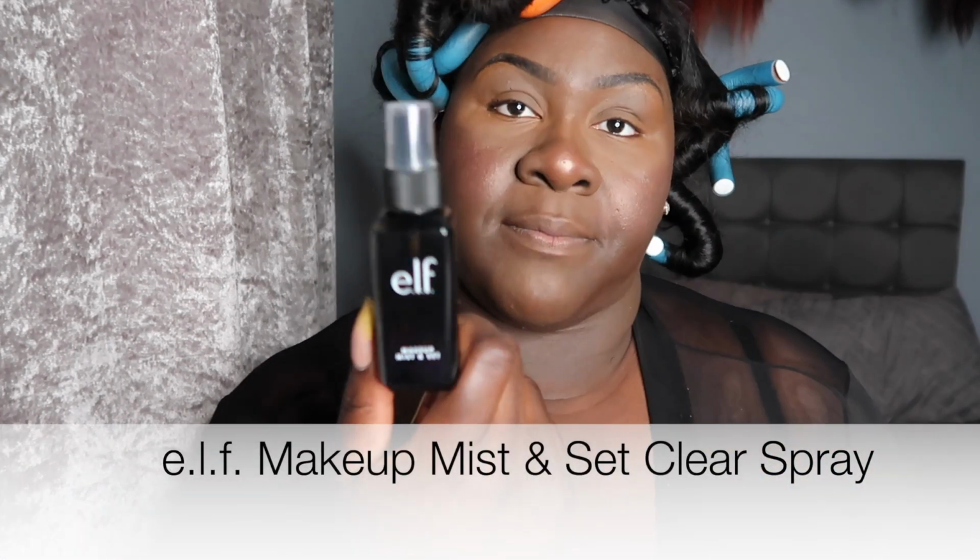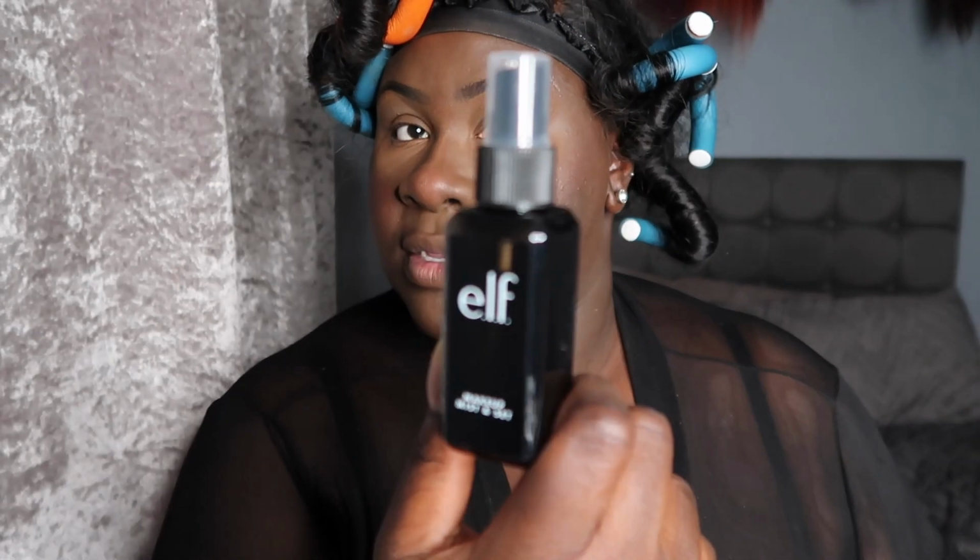So now I go in with my setting spray. I actually popped to the shop to get this today. But yeah, this is my usual setting spray, and this is the e.l.f. Makeup Mist and Set. I absolutely love